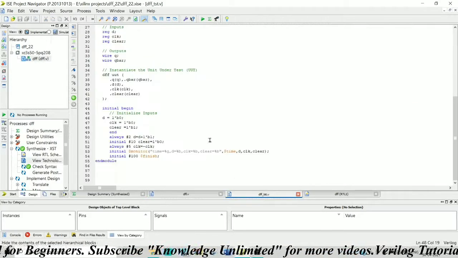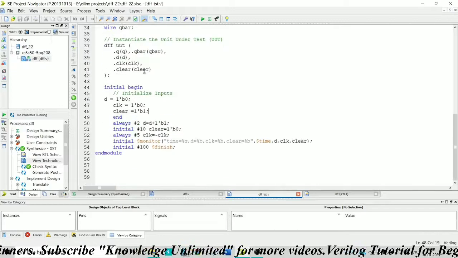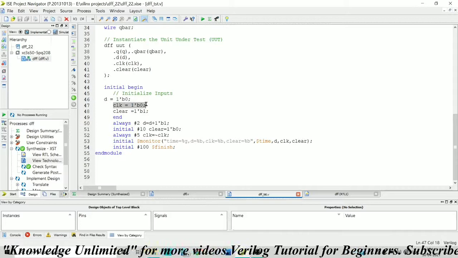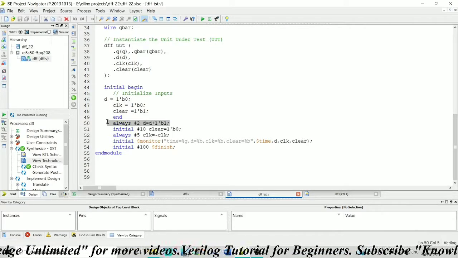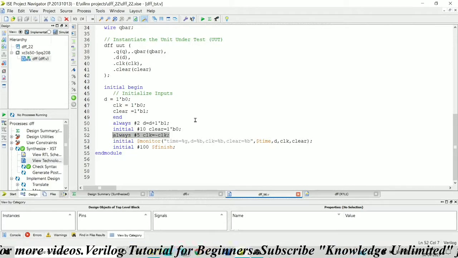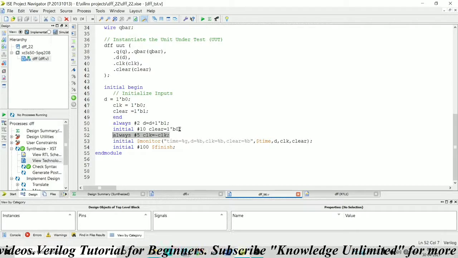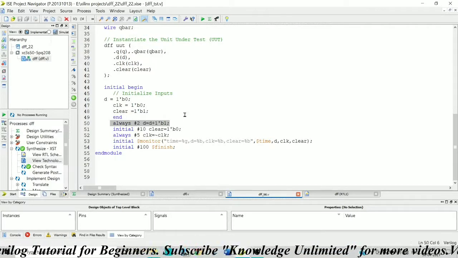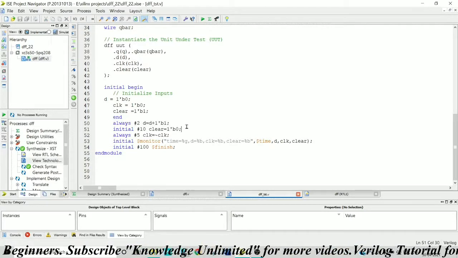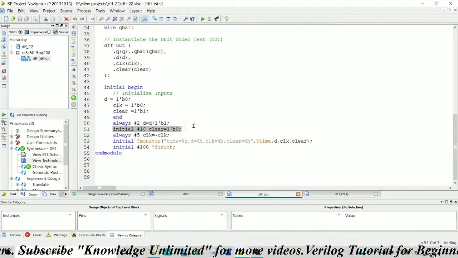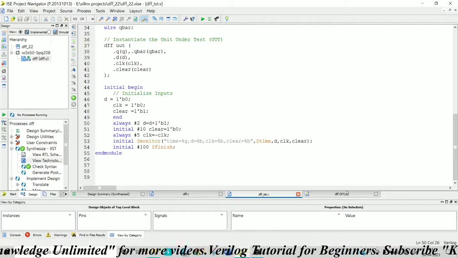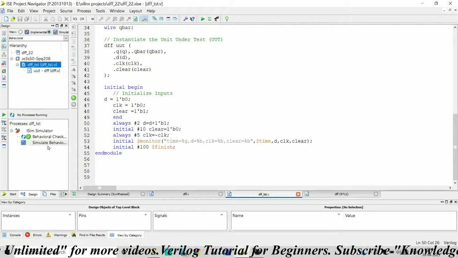Let me also show you the test bench. The test bench should include all the possible cases. Here I wrote initially the data as 0 and clock pin as 0, and for every 5 time steps I'm complementing the clock, meaning I'm generating a clock of period 10, and for every 2 time units I am incrementing my data with 1, so correspondingly it will change to 0101 by omitting the carry, and after 10 time units I am changing my clear to 0, and from then it will be permanently 0. Let's see how the timing waveform for this would be.